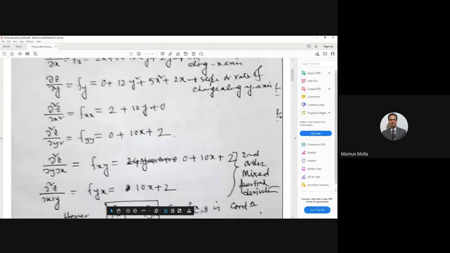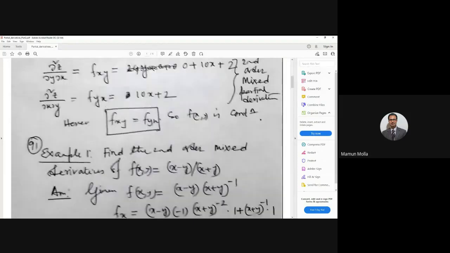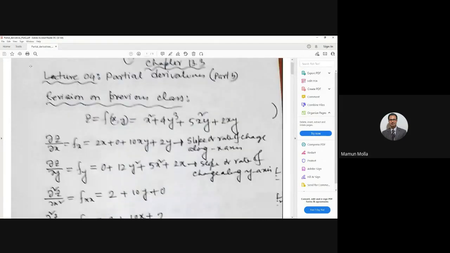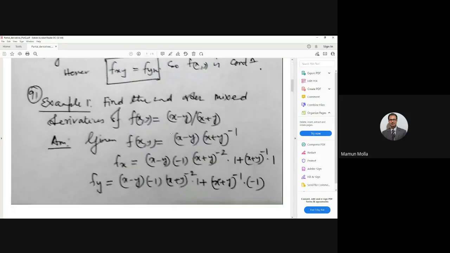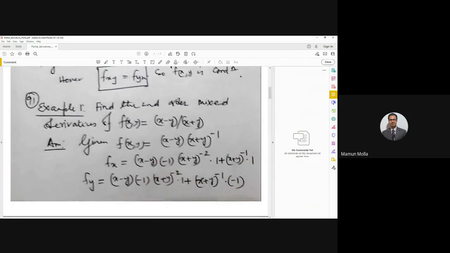Already I've given the revision. We'll give a revision in the previous class. Now we'll do some sort of partial derivative, but not first order, might be second order or mixed second order. Here is the number 91. There is nothing new to learn today; the conceptual parts we covered in the last class and gave a revision. Today we will do some